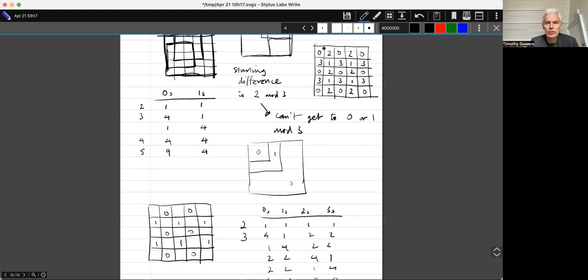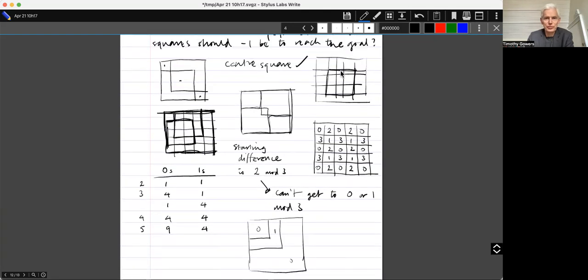I'm back to being slightly confused again. So the starting, if I want the number of noughts minus the number of ones to be 2 mod 3, but I don't. I want the number of noughts. So somehow I managed to get a nought in the middle. Let's just revisit how that was done.